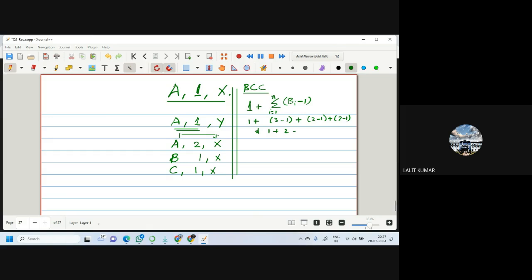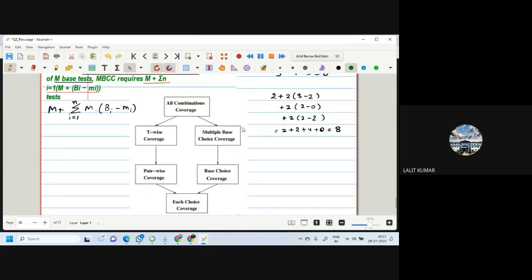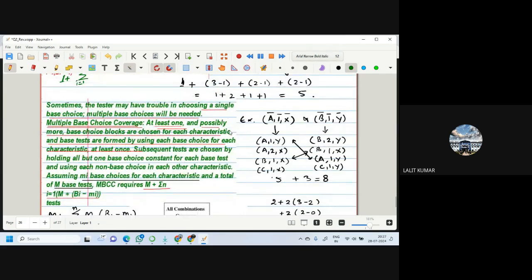1 plus 2 plus 1 plus 1 is equal to 5 for BCC. In one of the PYPs they have asked this question, the number of BCC. So that we can do. And now we come to